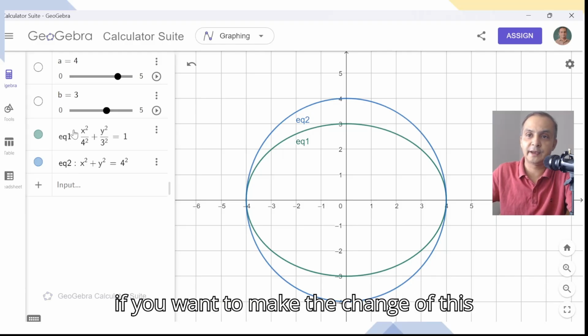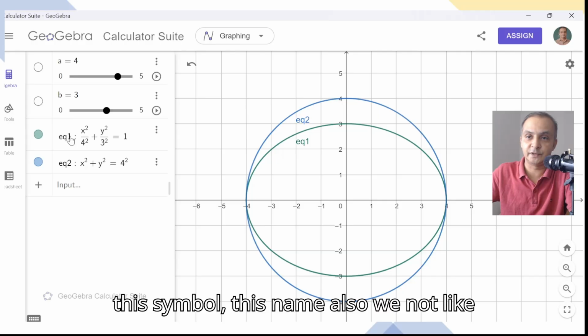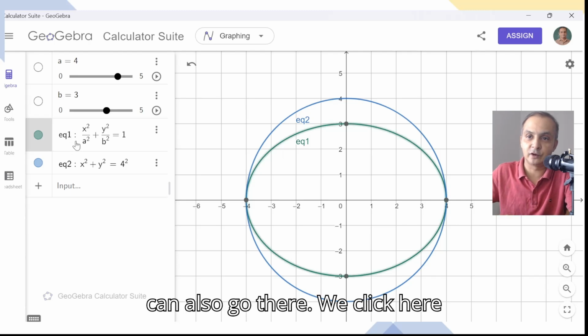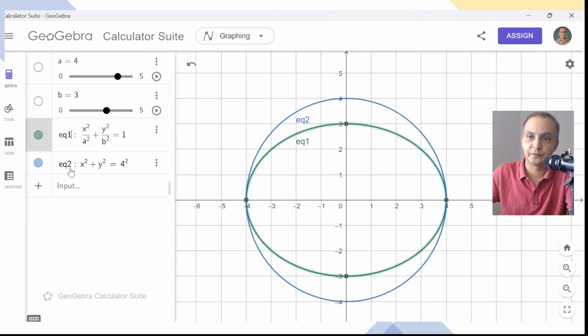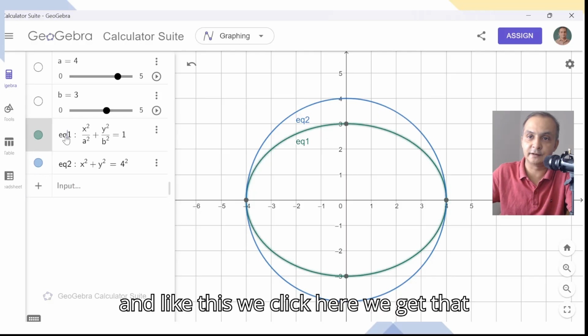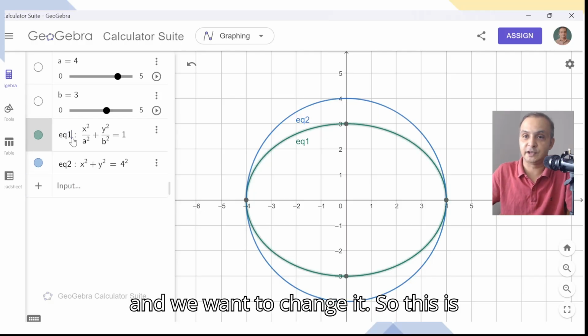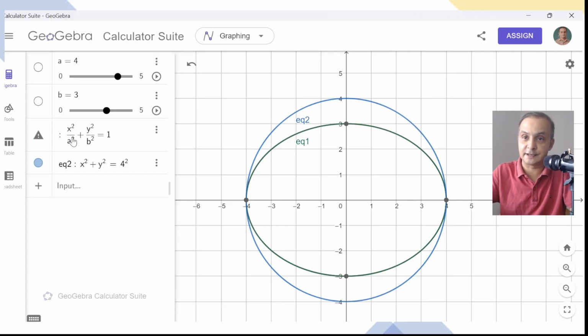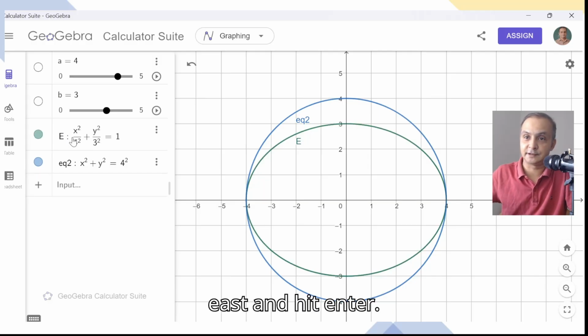If you want to change this name also, we can go there, we click here, and like this we get the option to change it. This is actually the ellipse, so we call it E, and hit enter.